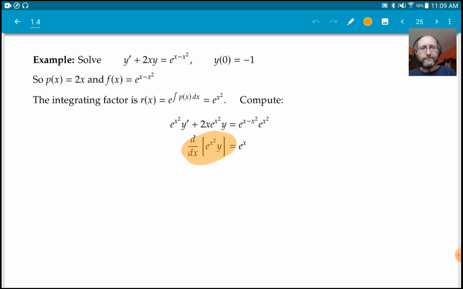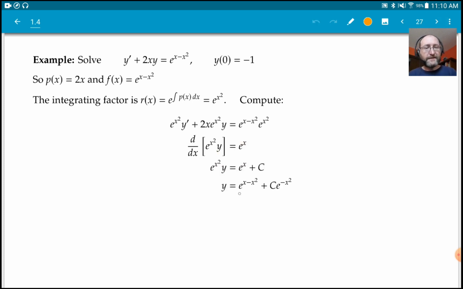Now we notice that the left side really is the derivative of this product, and over here this simplifies, which is kind of nice. The e to the x minus x squared times e to the x squared, just by laws of exponents, becomes e to the x. So now we anti-differentiate, and that's convenient. The antiderivative of e to the x is e to the x. So if we anti-differentiate, we get this guy over here,